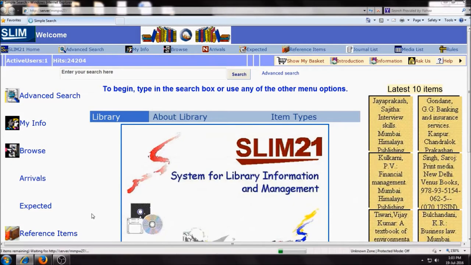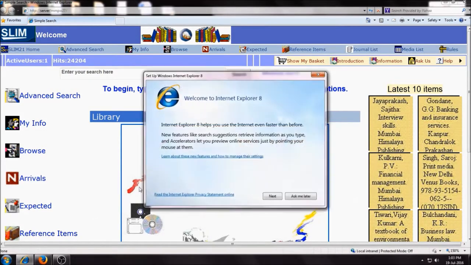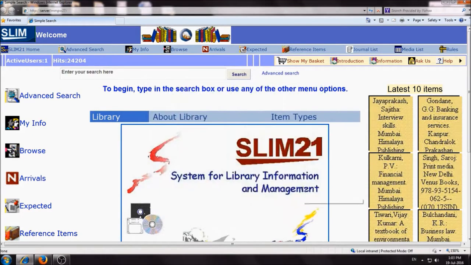As you can see, I have highlighted the author, APJ Abdul Kalam, the call number, the title, and now we will just go online and see how we can use the software so you can understand it in a better manner. The Slim software is the one which we are using in the library for managing the library's holdings.